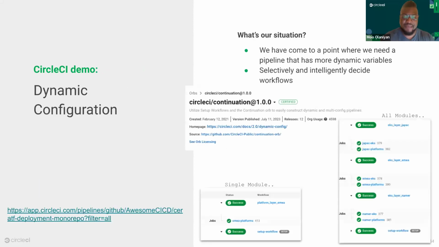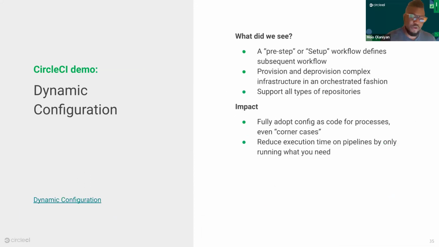We also support something called dynamic configuration. Dynamic configuration allows us to tackle use cases which are built on monolith code bases or monorepos. It allows us to create patterns in our configuration files such that based on the input or based on the condition satisfied, different things can happen. As a result, we can add more flexibility to our pipelines, and it can let you generate your config at runtime so that different variables or parameters can lead to different configurations. Additionally, with path filtering, we can support large monorepos and only run pipelines on certain subsections instead of the whole thing, reducing time and increasing efficiency.